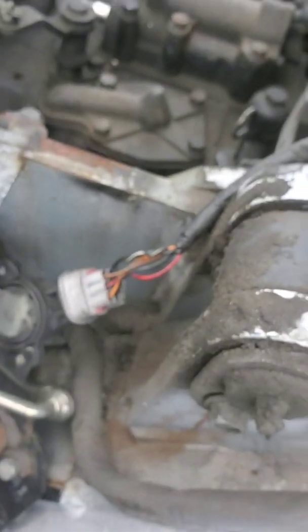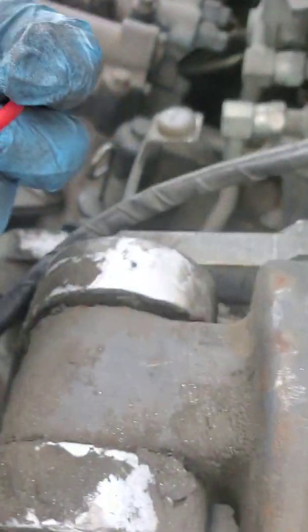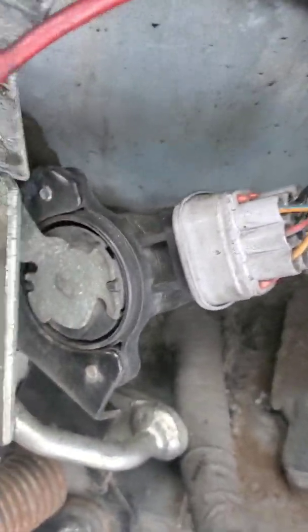In this accelerator. All right. Now from there, I would then unbolt the accelerator from its mounting point. That's only because it's just easier to get to the pigtail. And basically,